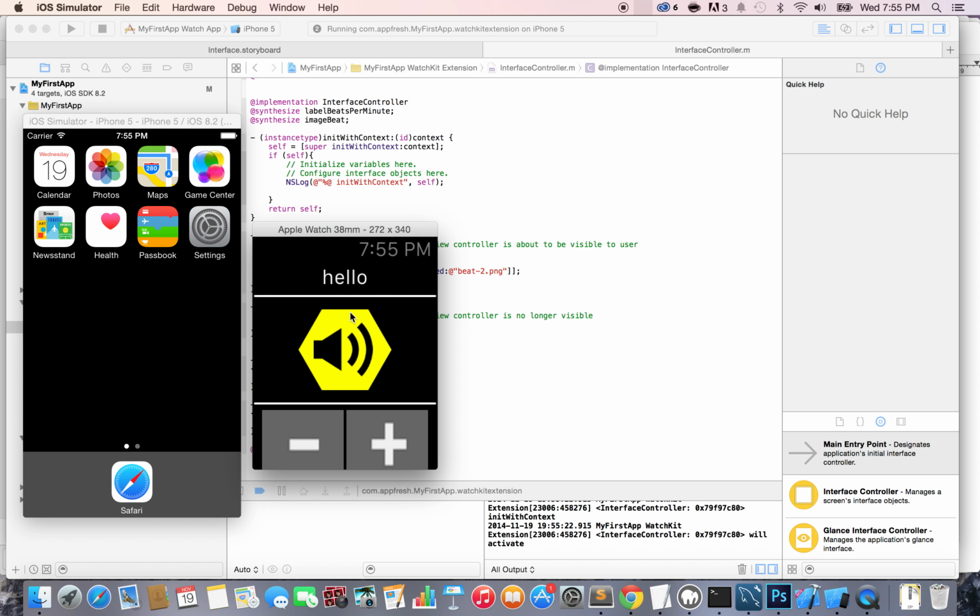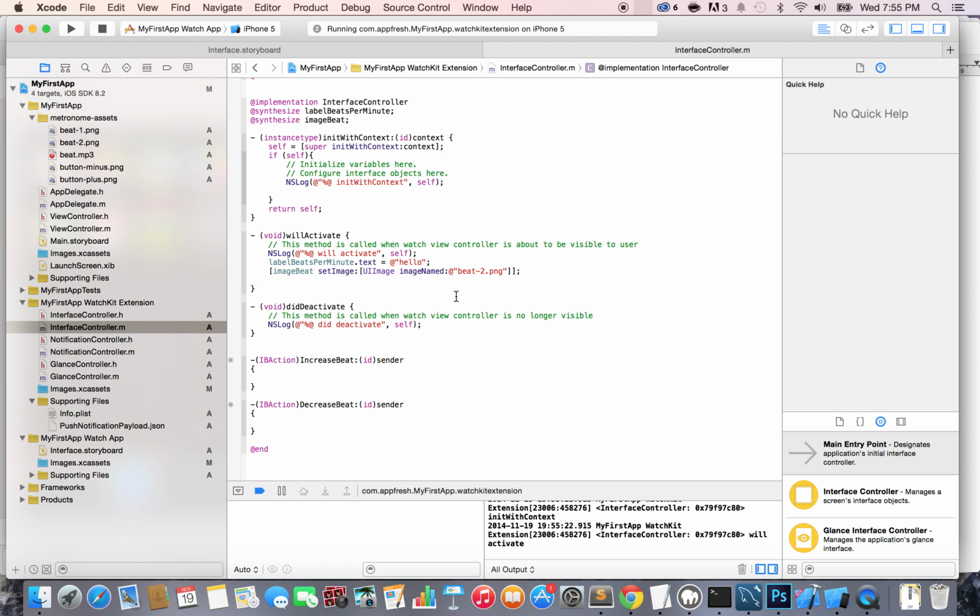Okay, so far we have our connections ready to interact with the user. So now what we want to do is display the actual speed of the metronome right now. So how do we do that? We're going to need to have a variable in the code that stores the current value at all times. Whenever time goes by, we need some kind of a variable or a property that stores what's the